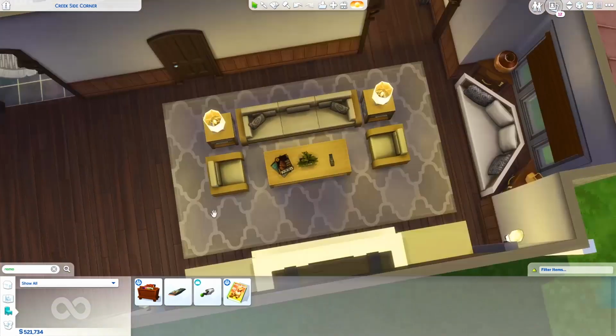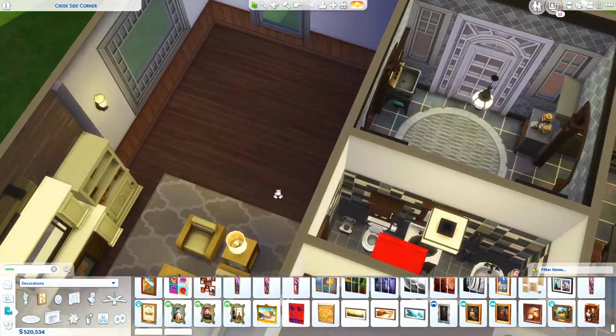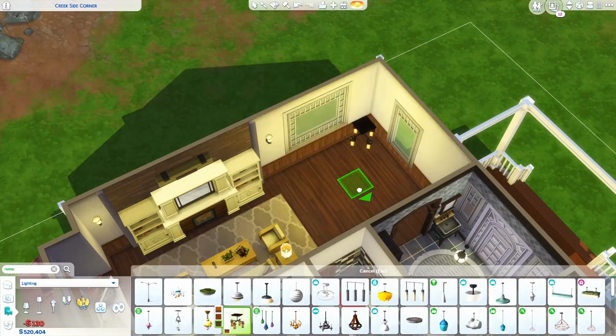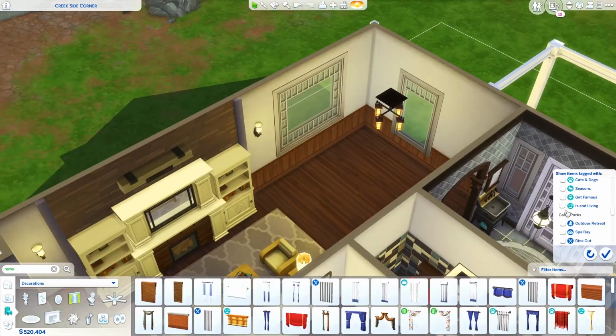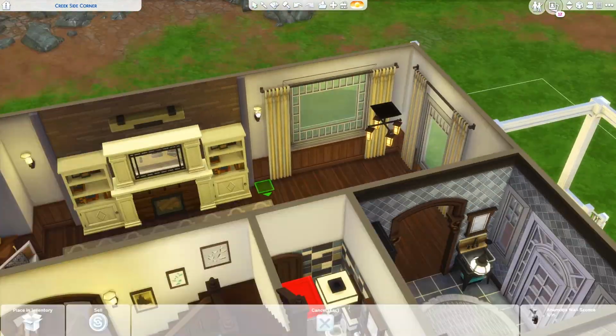And then here on the coffee table, I just added some magazines and plants, and I was doing some decor on the walls. Then over in this other little area, I wanted to put the computer desk, but